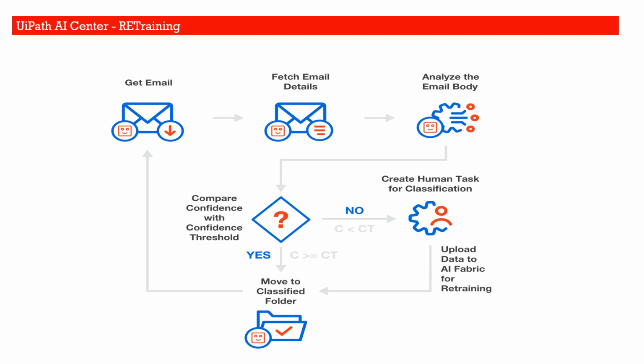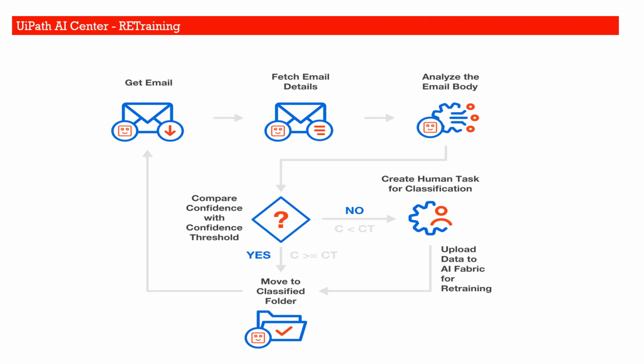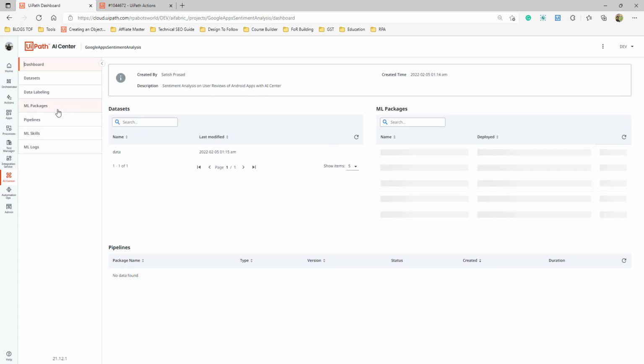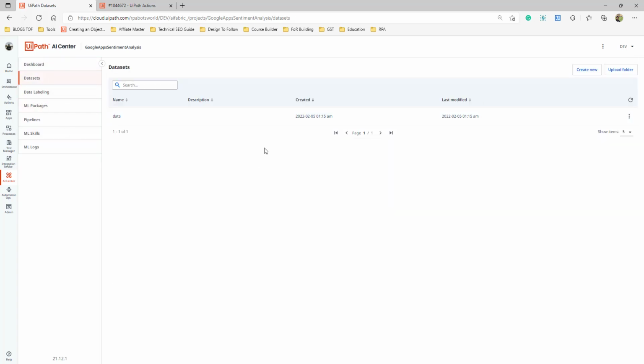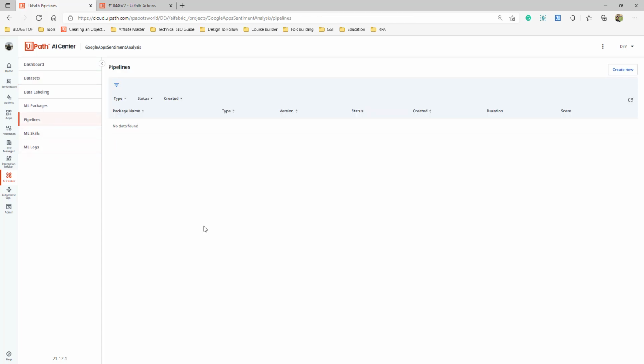So basically what I'm trying to say here is, sorry, not this window, where that window is. So, for example, we'll be publishing the data to this folder in the form of CSV. We'll keep sending the CSV, and then after a few days, when we have enough data to train, we'll run the pipeline to train it, so that the accuracy of my ML package and ML skill will improve.